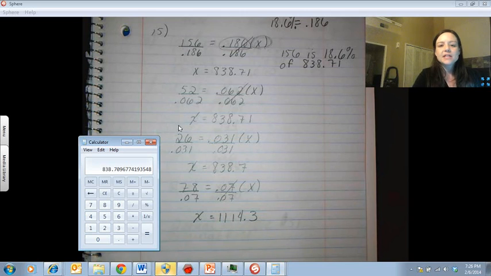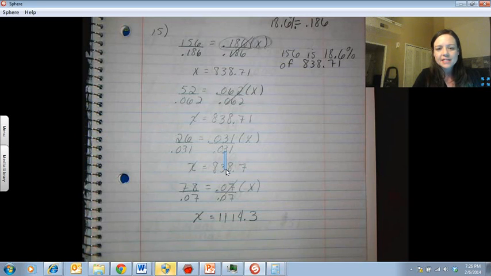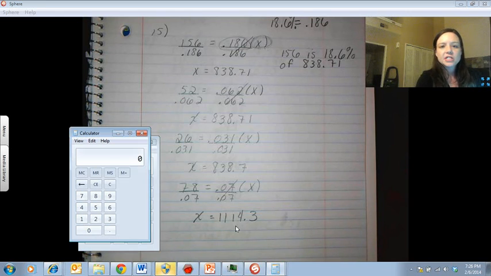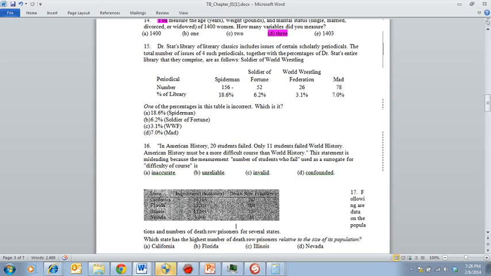I did it for each one. Here, 26 is 3.1% of what number? That's 831. But the last one, 78 is 7% of what number? That number ends up being 1,114 approximately. So obviously, that one is the question. Oops, that is incorrect. So it is this one. And you can kind of see that because if you look here where it has 7% is 78